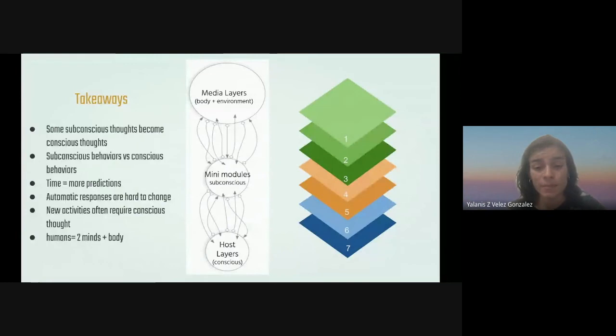So humans, we have our bodies, and we have two minds, two kinds of mental processes. We have our subconscious mental processes and our conscious mental processes. Or if we use HSI model terminology, we have our mini modules, which take care of everything that we do automatically. And then we have our host layers, which can observe and evaluate and identify and make decisions. And so we are able to be the people that we are because of this. We are able to survive, we can be professionals, we can be successful, we can be happy, we can be sad, we can enjoy our lives.